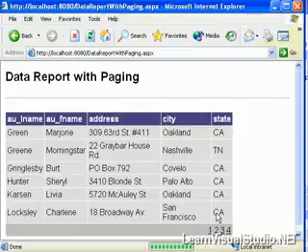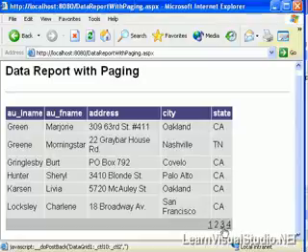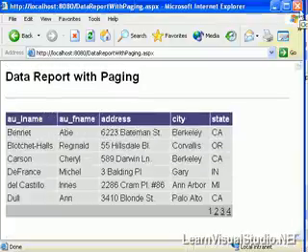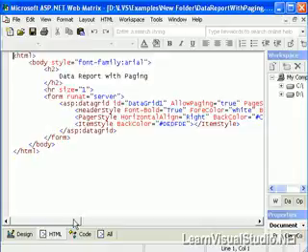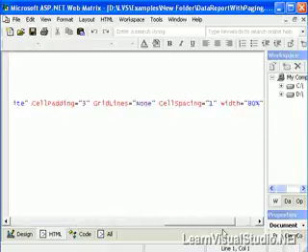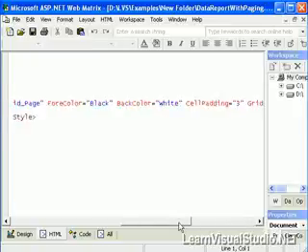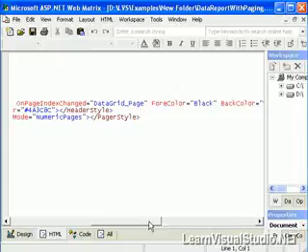When you first look at this page, it looks like every other data grid example we've seen so far, with one exception. There's some numbers down here in the lower right-hand corner. Those correspond to a page. Clicking on a number will take you to the next set out of the results set. So let me close this and we can go ahead and take a look at the code that makes this